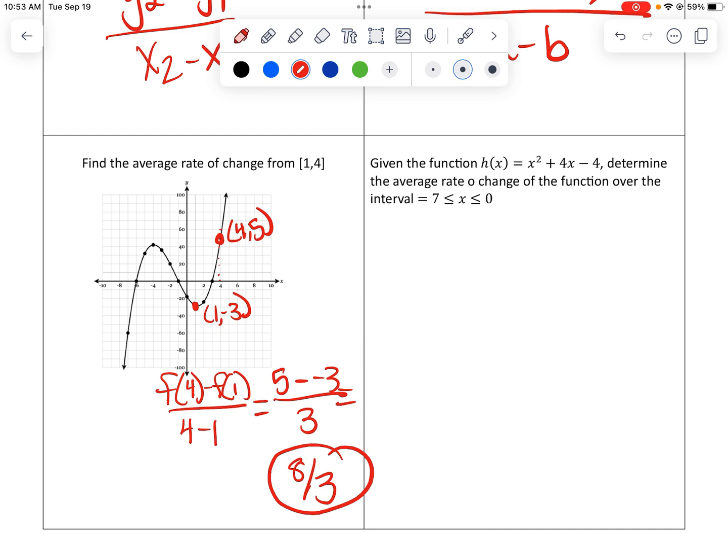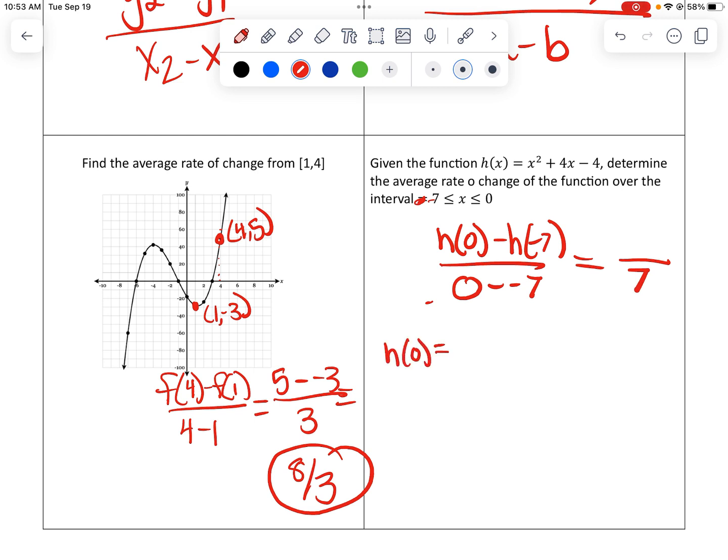Now determine the interval over, that's supposed to be -7. So f of 0, I guess we have an h here. So we have h of 0 minus h of -7, over 0 minus -7. So on the bottom, I know that's 7. So h of 0, well, what is 0 squared plus 4 times 0 minus 4? Well, that's -4. And h of -7,